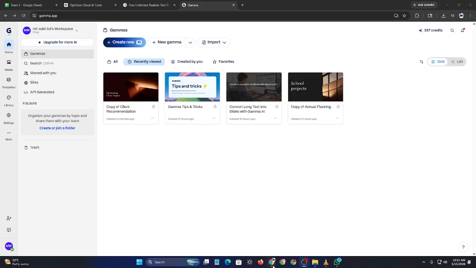Building a website used to require coding, design skills, and a lot of setup time. But now platforms like Gamma AI can help you create simple AI-powered websites and web pages in just minutes using prompts and templates. So in this guide, I'll show you how to create AI websites with Gamma AI step by